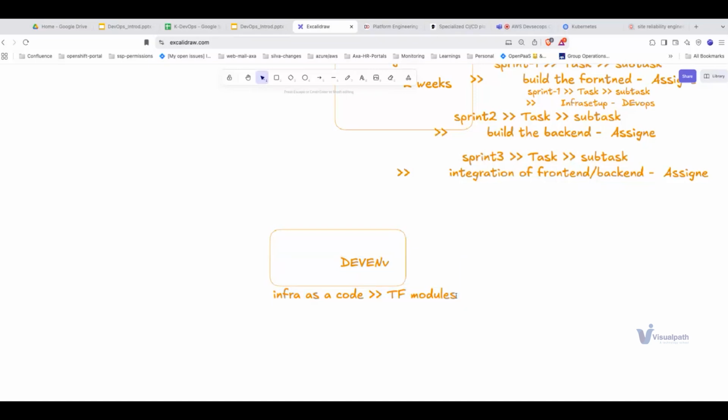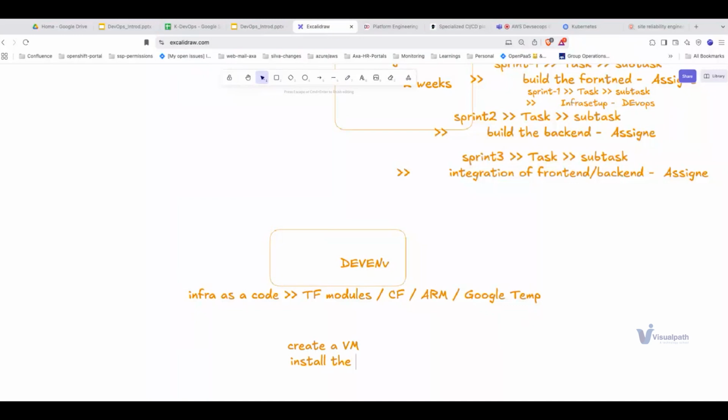or if you are on AWS, you use CloudFormation templates, or if you are on Azure, ARM templates, or if you are on GCP, Google templates, or whatever it is. You automated the code of how the infrastructure brings up, right? When someone hits that module, it will create a virtual machine, VM,